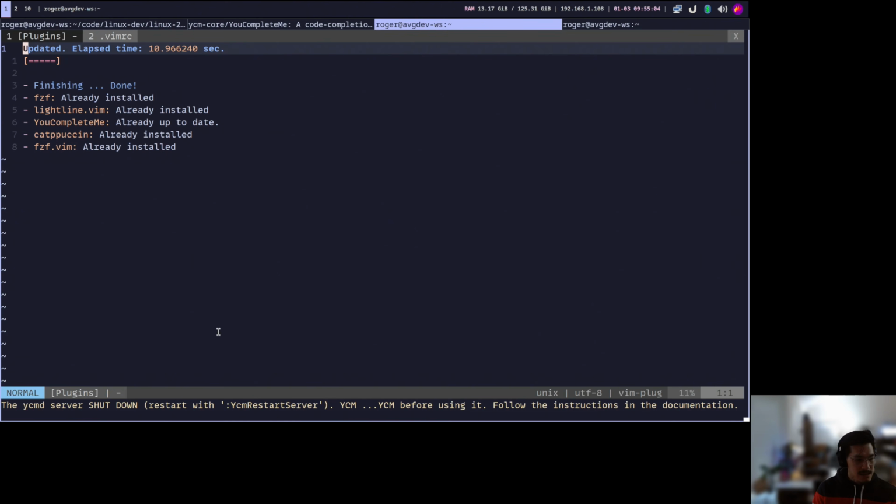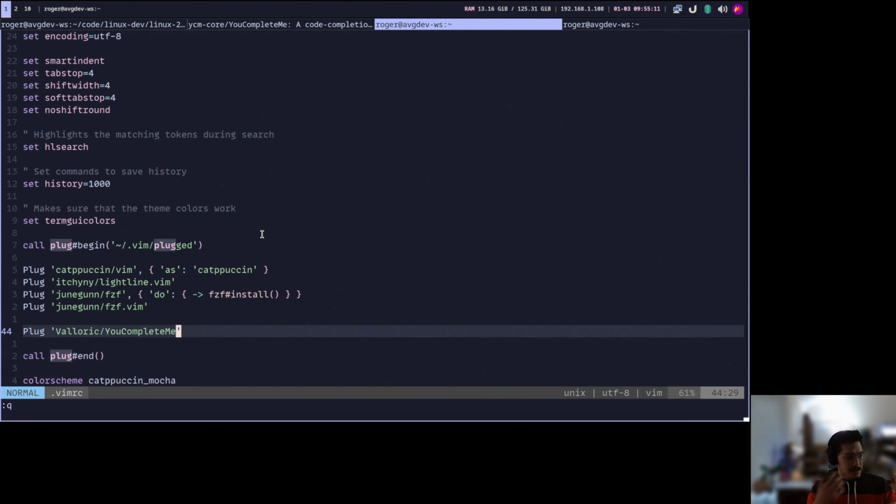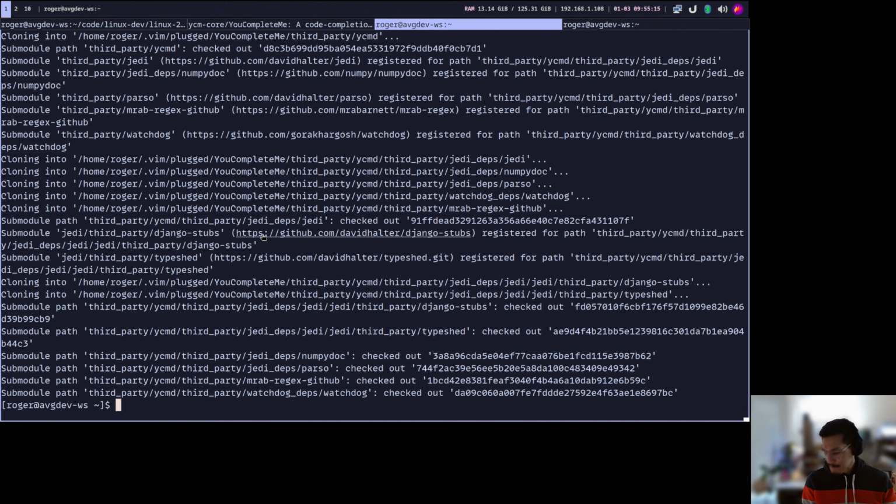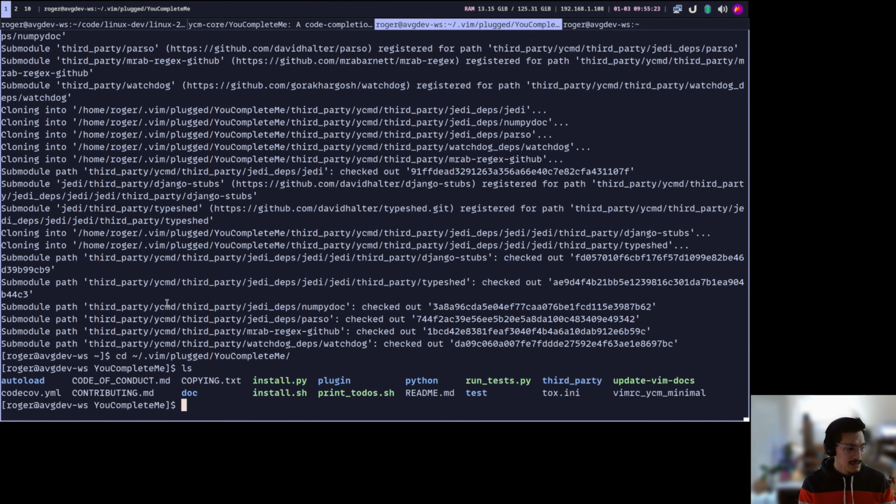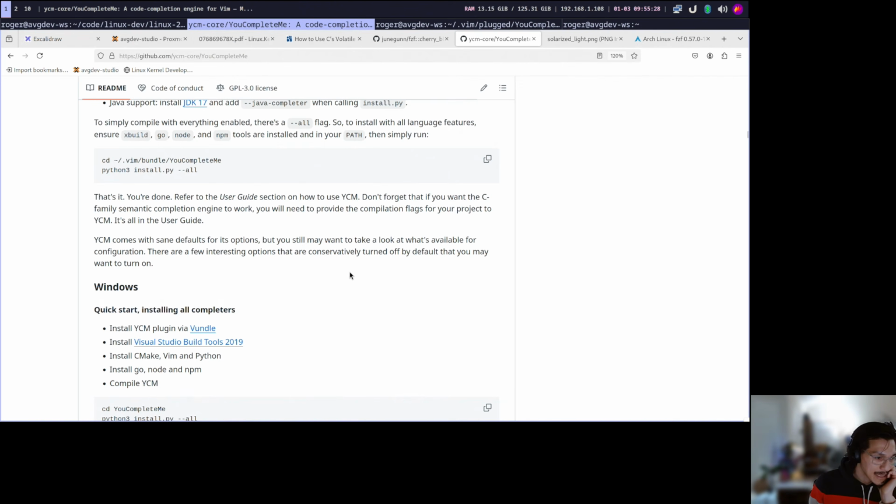Now it's done, but look, it can't find the LSP or completion engine. So we want to get out of here, and go into this directory, vim plugged you complete me, and there is an install.py here. So if we go to the documentation,